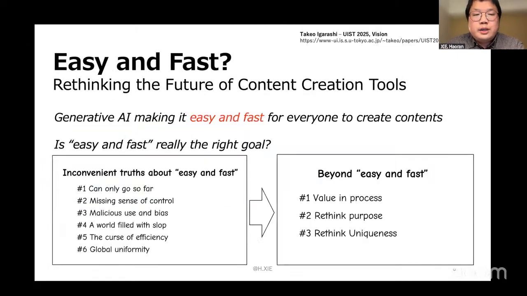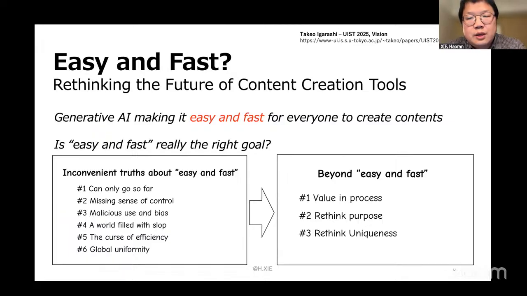So we think, what happens when we have this kind of powerful generative AI, especially right now that we have video generation, and the previous speaker also talked about video models and world models. This is also a slide I borrowed from Professor Takeo Igarashi.